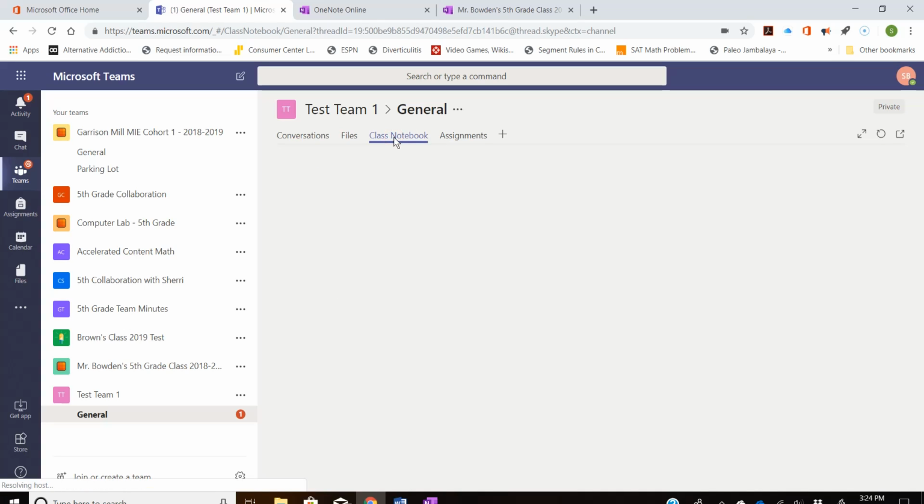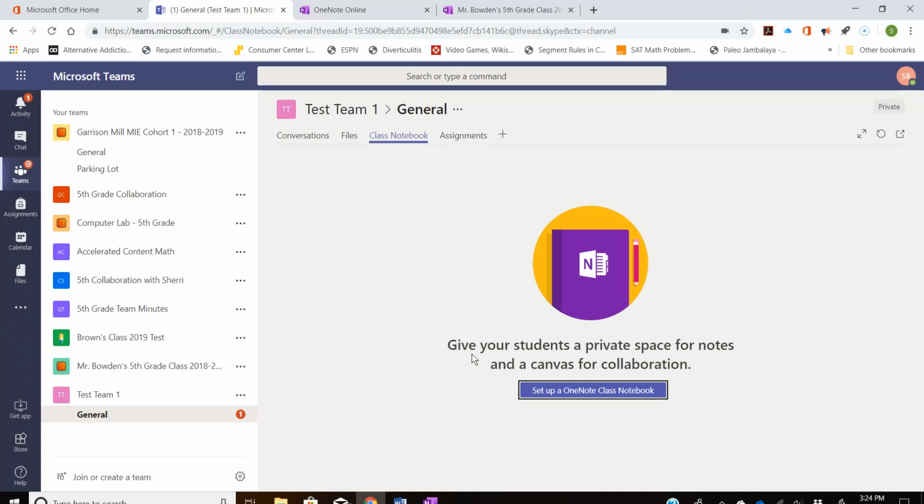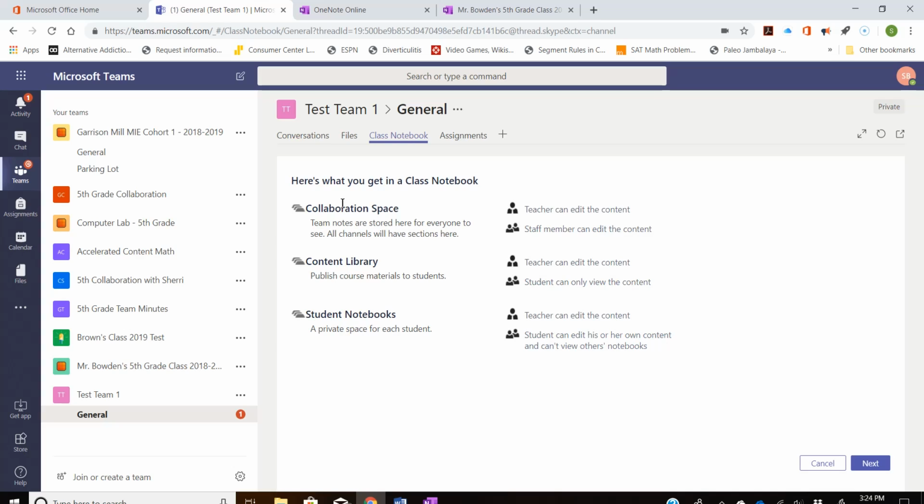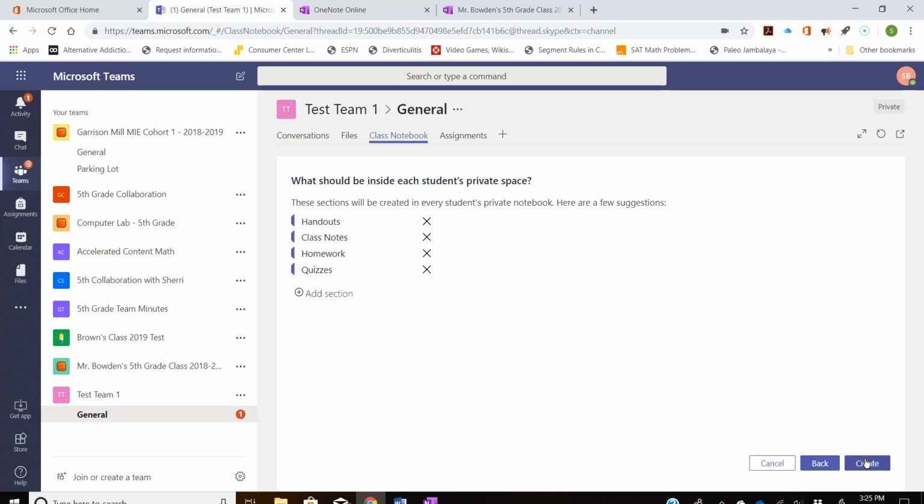So if I click that, the first thing it's going to do is ask me to create it. It's going to say set up a OneNote class notebook. Once I do that, it's going to do the same process here that it normally does in OneNote. It's going to say, here's a collaboration space where the teachers and students can edit content. Here's the content library where only the teacher can edit content. Students can view it and download their own. And then you get your student notebooks. I'm going to click next, and then here's the student's private space: handouts,